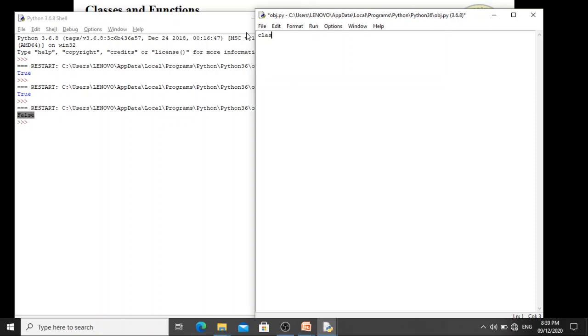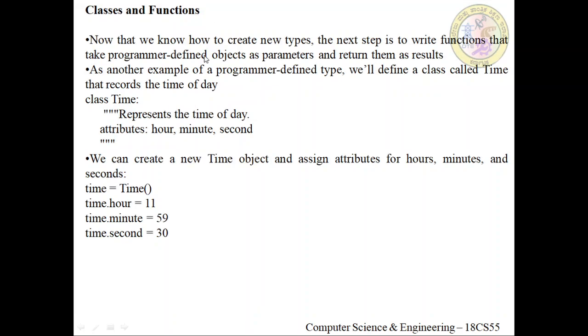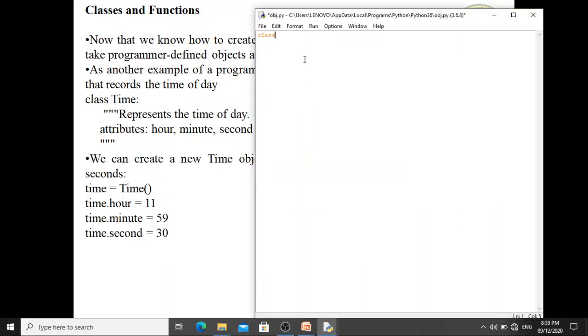So we have class Time which has got the attributes hour equals, for example, 10, minute equals 20 and second equals some 50.